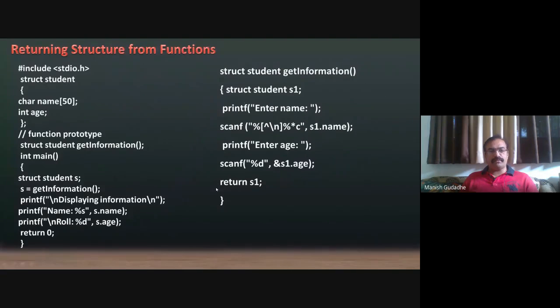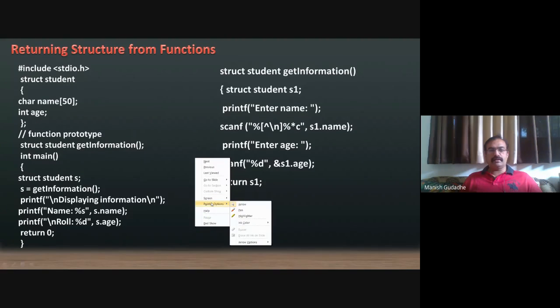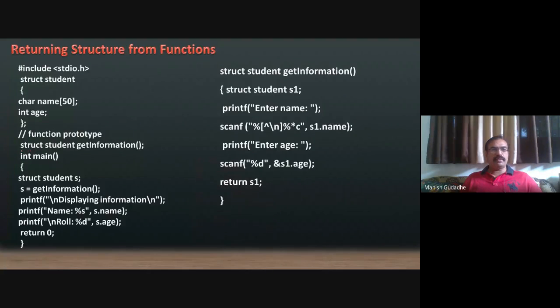Similarly, we can also return a structure from a function. The same program we are taking here. Only thing is it is trying to return something instead of taking an argument. Okay, this program is illustrating the returning of a structure. So getinformation is a function which is returning a variable of type structure student. So student is defined, function is defined, a variable s is defined, and now unlike the previous example where we were scanning s.name and s.age, we are bringing the information from here.